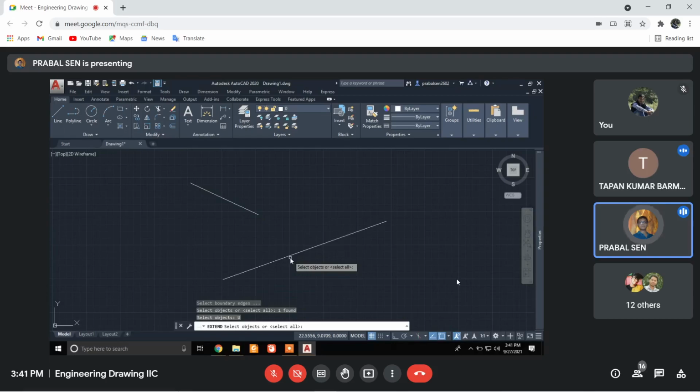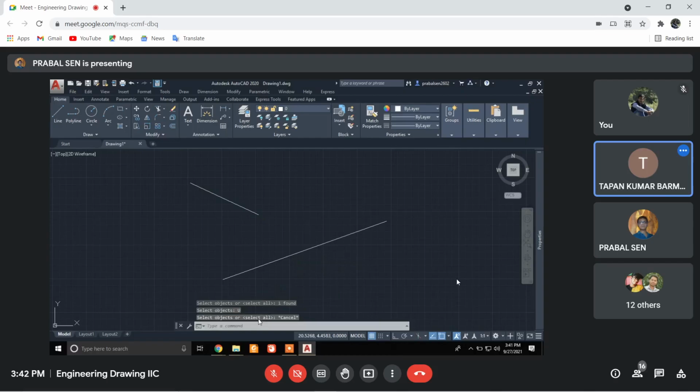Select the object. No, again you take the extend command. Before that, select boundary edges, then select objects. All the things are not written there, but you need to select the boundary first.